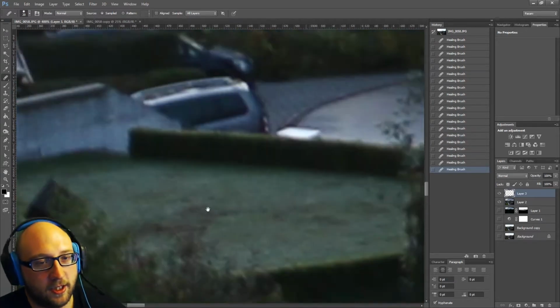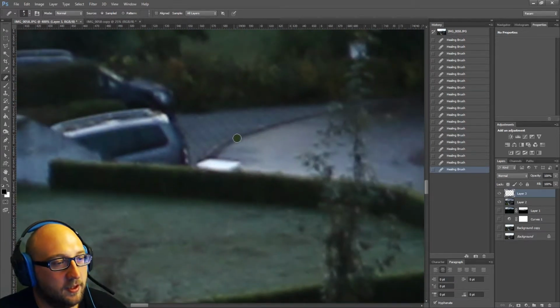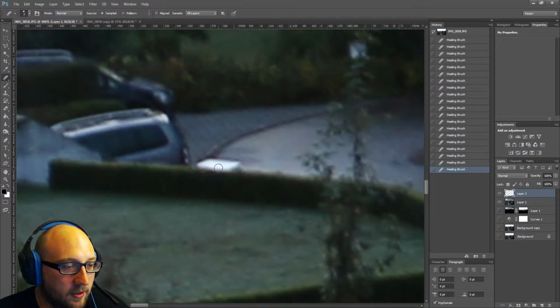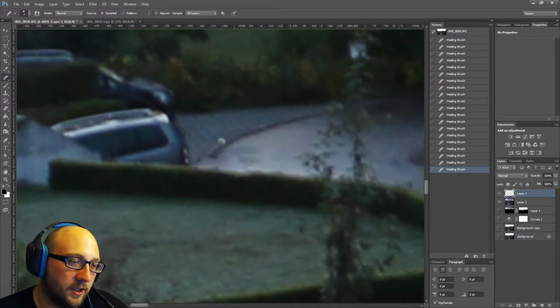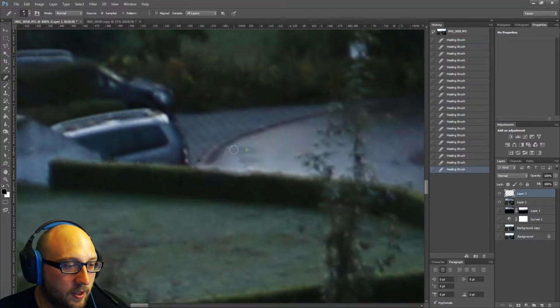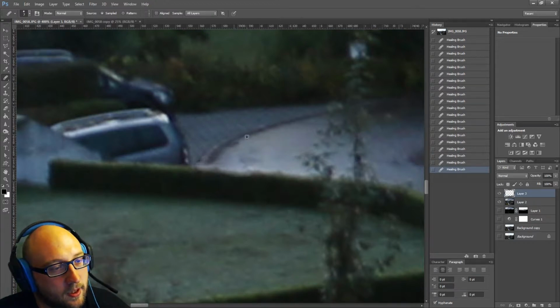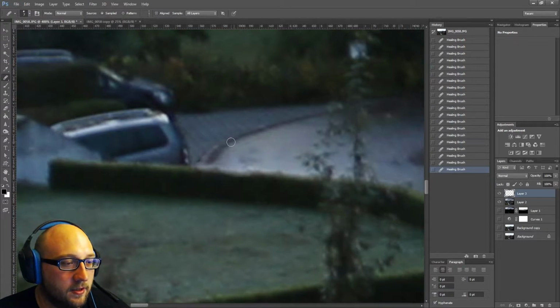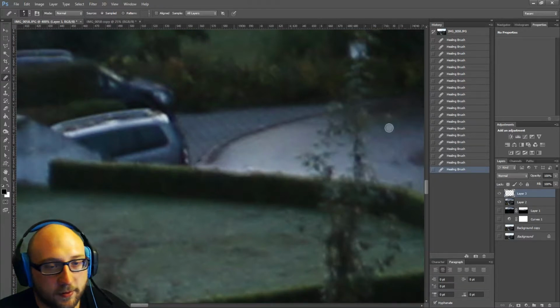like this big shiny square here is kind of a little bit annoying for me. So again, I can just take a little bit of this hedge and just run over it, and you can see I kind of screw that up. But then I know that I can just come back in here and just keep working. I pressed Ctrl Z there because I wasn't happy with the way the healing brush worked. And just a case of just sort of keep working over the same area, and it eventually just sort of tidies itself up. I mean, it doesn't tidy itself up, I tidy it up, but